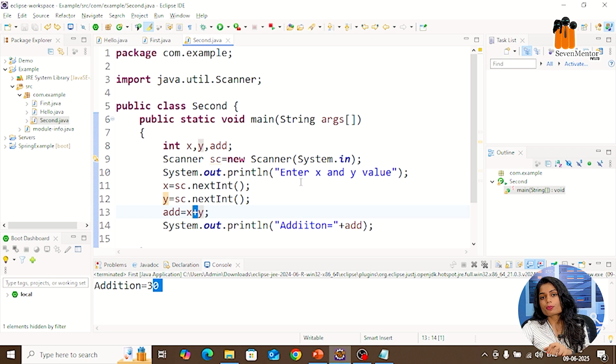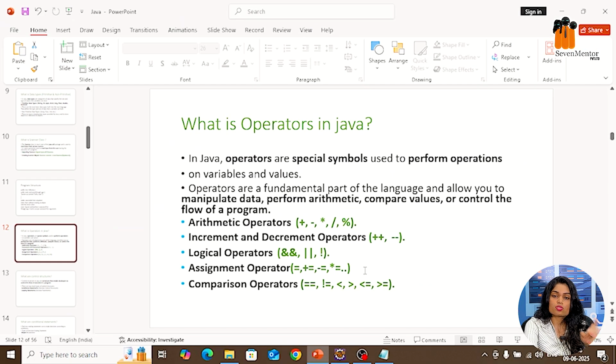Operators are simply used to perform specific operations. Like here you can see, by this plus I can say that this program is for addition. If I use the minus sign here, performing the addition is not possible. Because of that particular sign, we can say whether the program is for addition or subtraction. That's why operators are used to perform specific or special operations. We are going to see all the operators one by one.